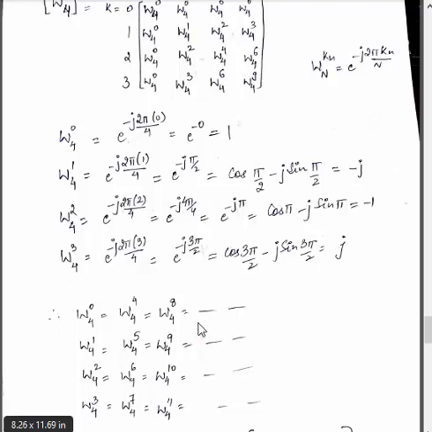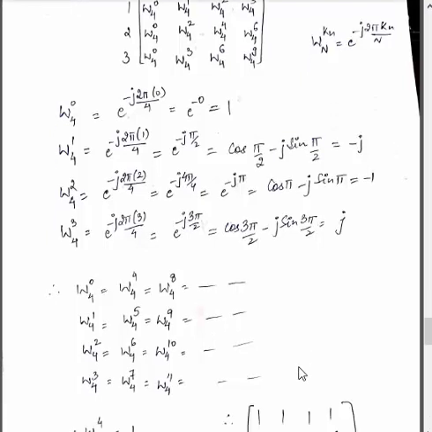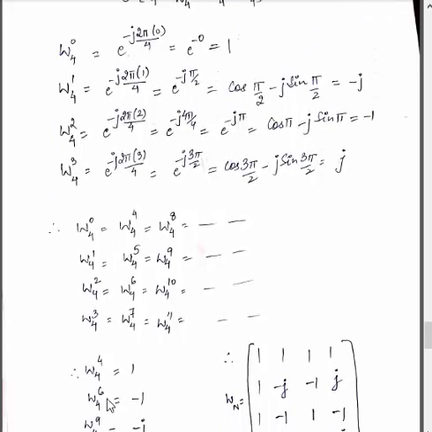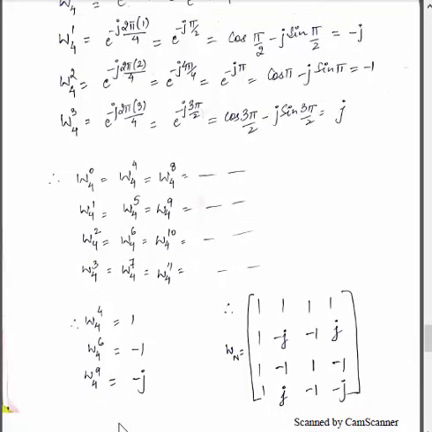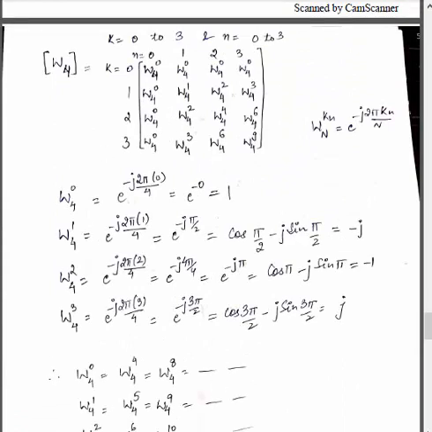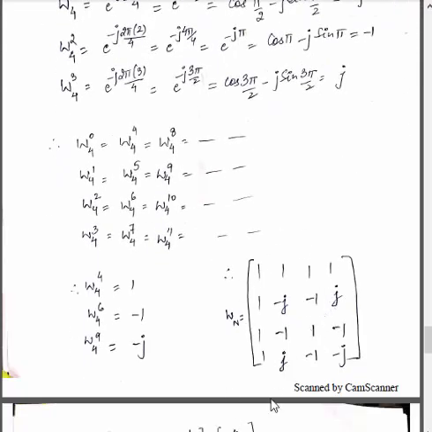All this we have already discussed in our previous lecture, that is DFT as a linear transformation matrix. Therefore twiddle factor 4 value is equal to twiddle factor 0. Now twiddle factor 0 value is 1, therefore twiddle factor 4 value is also 1. Twiddle factor 6 value is equal to twiddle factor 2, that is minus 1, and twiddle factor 9 is equal to twiddle factor 1, that is minus j. By calculating all these values, put them in the matrix form. So this is the twiddle factor matrix.